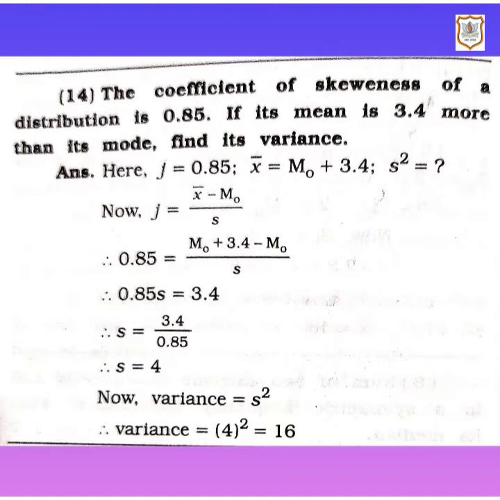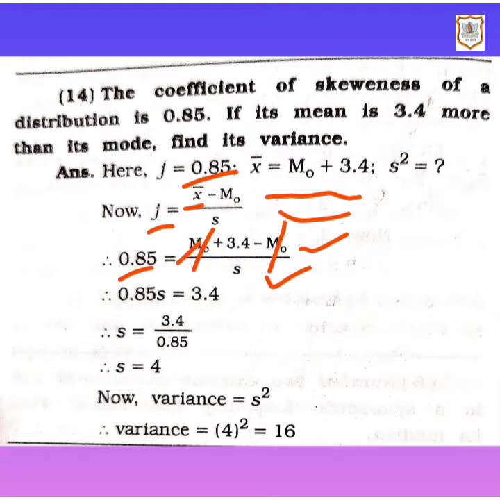So let's put the values in the formula. J is 0.85, so we'll write here 0.85. Mean we have written as mode plus 3.4, so in place of mean in the formula we'll write mode plus 3.4. Minus mode we'll write as it is, upon standard deviation. So here the positive mode and the negative mode will be cancelled. So 0.85 is equal to 3.4 upon standard deviation, and this s will be cross multiplied with 0.85,